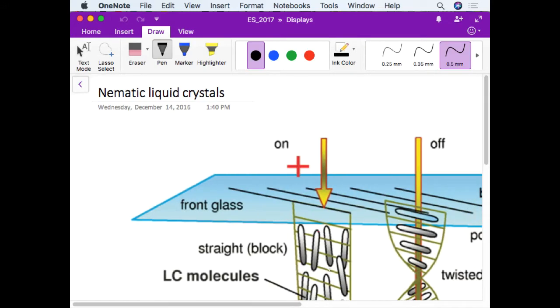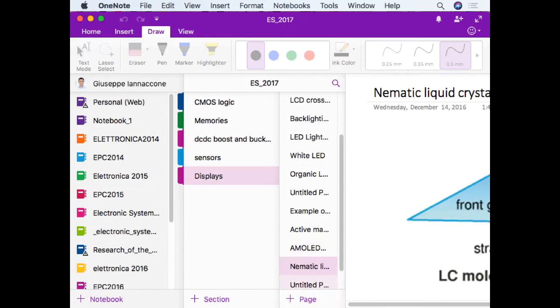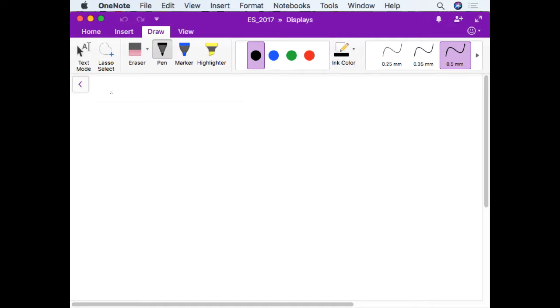Actually, at the moment, the most used technology for displays is the one based on LCDs. LCD stands for liquid crystal display. For the moment it is much more common than an LED display. So let me just tell you what is the